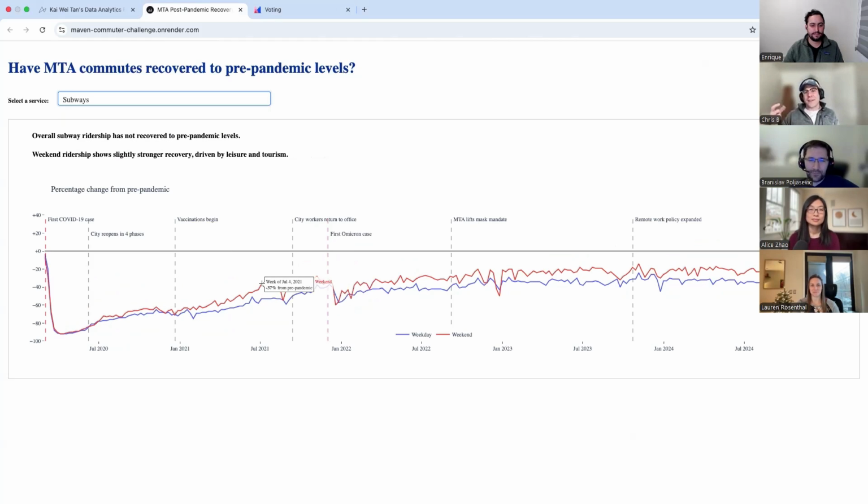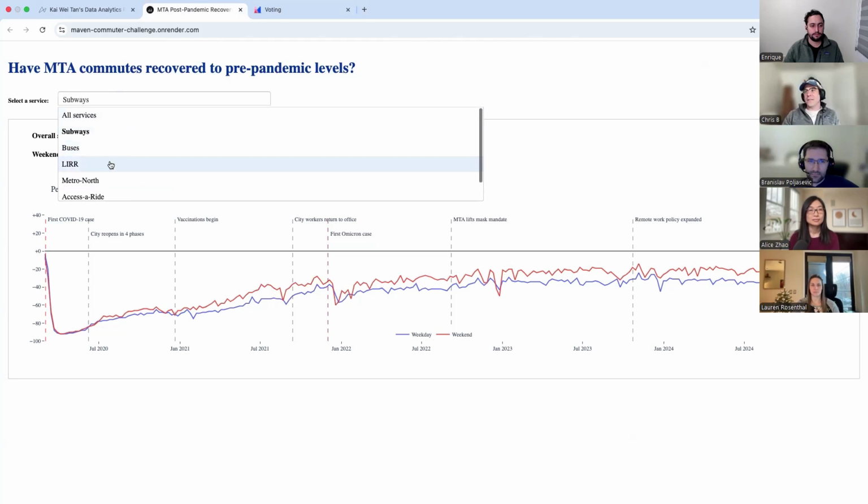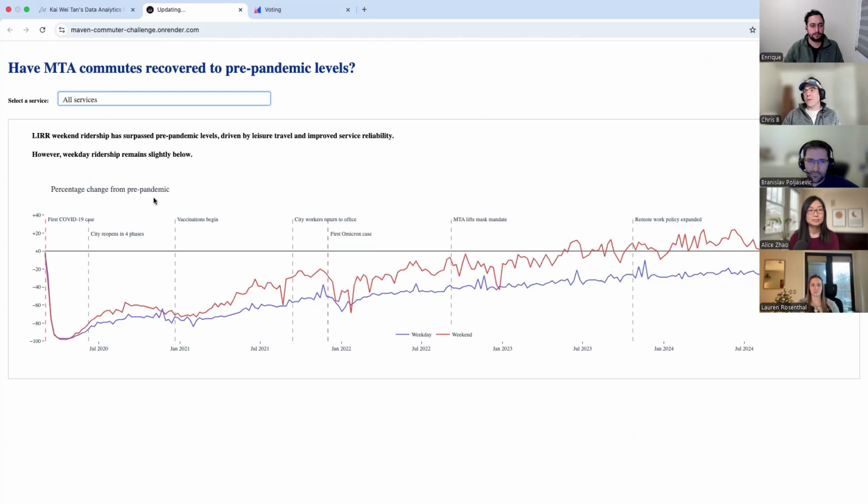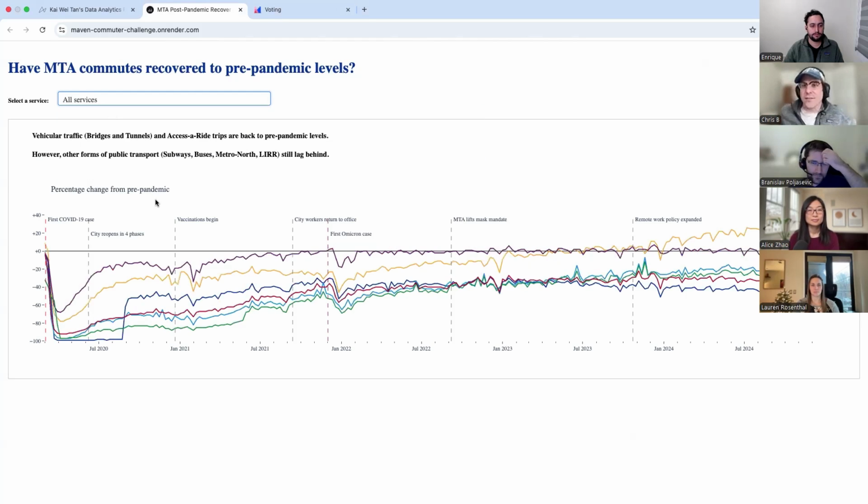So I think that's a really interesting story to tell as well, is the fact that weekend recovery was a little bit higher than weekday recovery, but we're able to drill down on that for each of these pieces here. So overall, I think this does a really good job of telling the story of the initial decline caused by COVID lockdowns, identifying key policy and other world events that